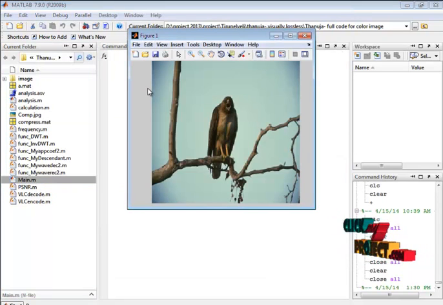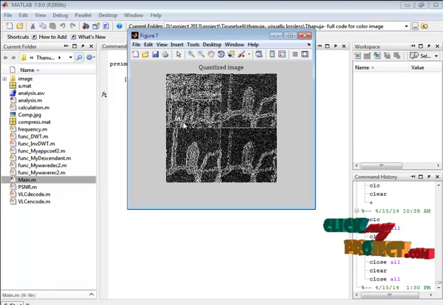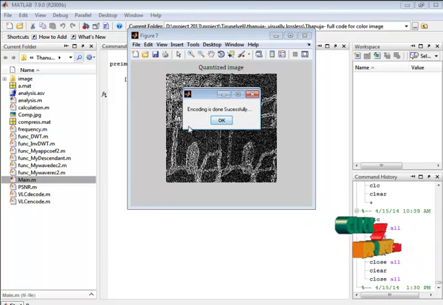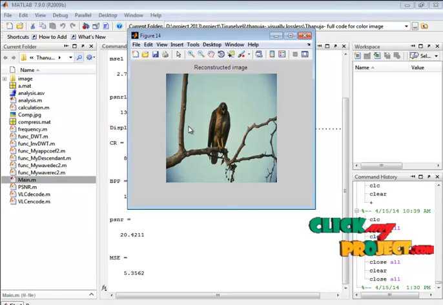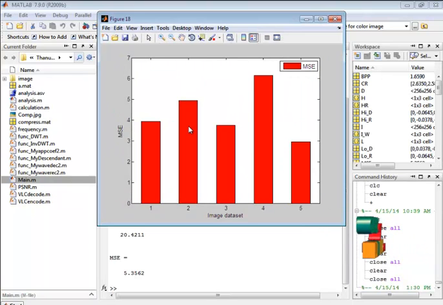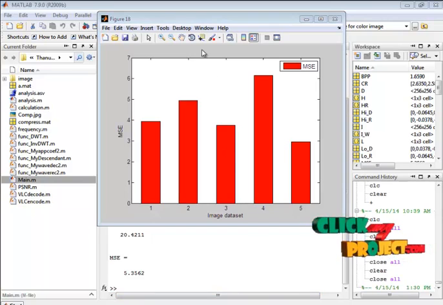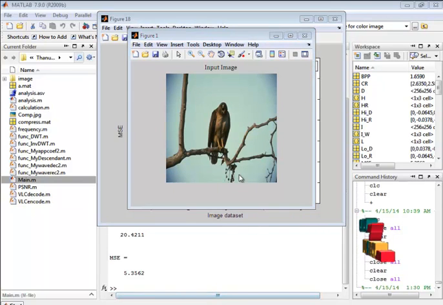The selected format image will be read. So this is the input image.